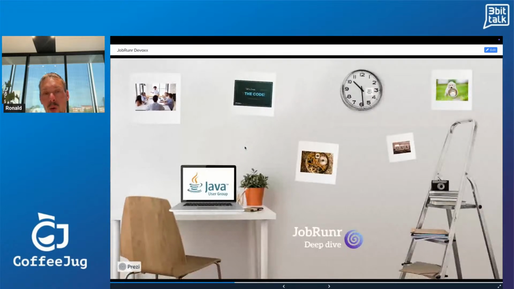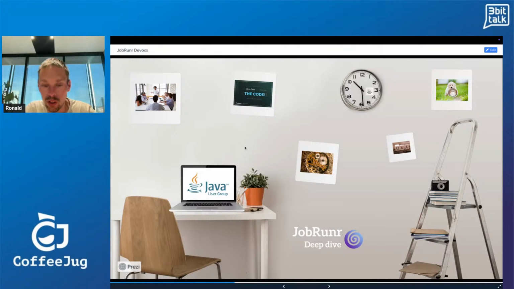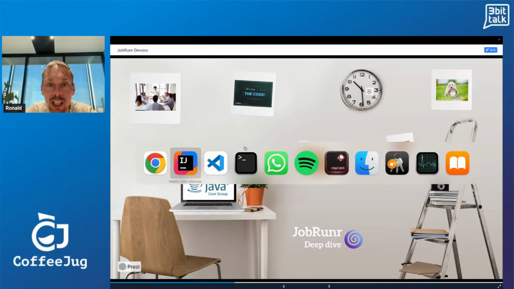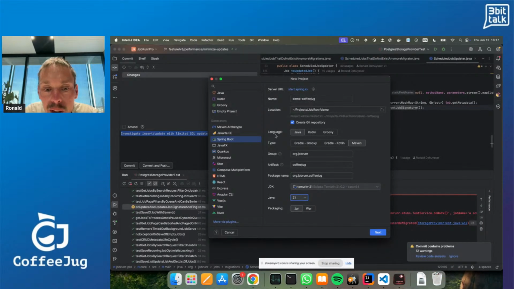So I think now it's time to do some live coding because we're all among developers here and talk is cheap. We all want to see some actual code. So I'll switch to IntelliJ. You guys are still seeing IntelliJ, I hope. If not, shout out. And I will start with a blank project.